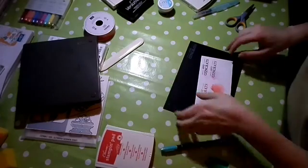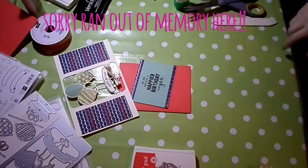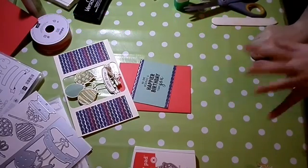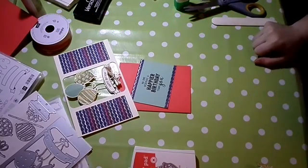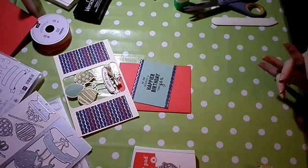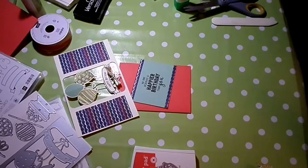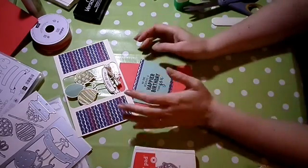So the first part of the video was me explaining about different kinds of inks, and I started to explain about card and my video ran out of memory. So first job this evening is to order myself a memory card. In the meantime,